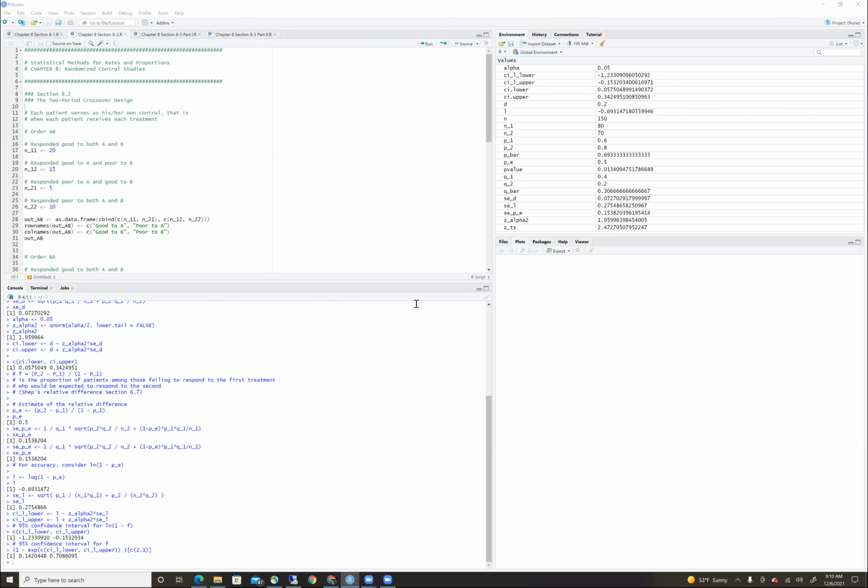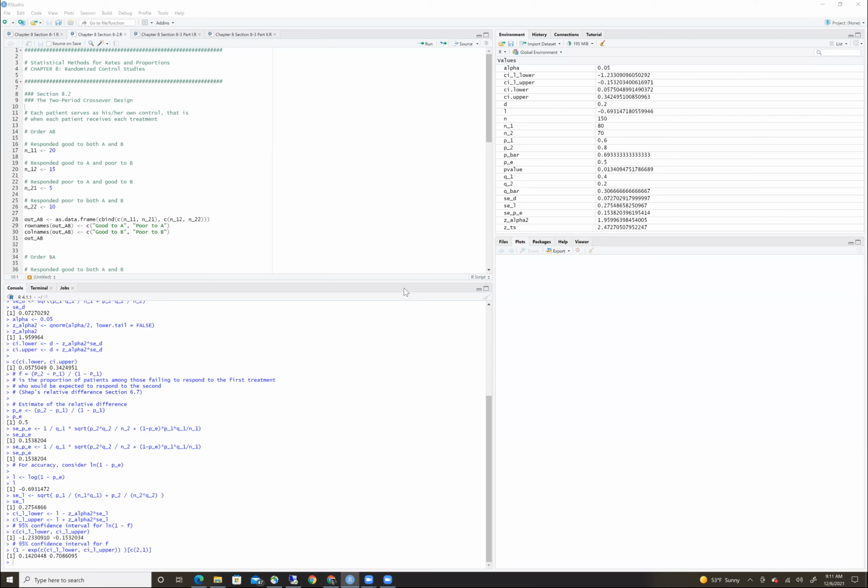Hello, everyone. We're working through Statistical Methods for Rates and Proportions, Chapter 8, Randomized Control Studies, Section 8.2, the two-period crossover design. The crossover design happens when each patient serves as his or her own control. And we do this when we don't have a natural control group, or sometimes it's just not possible to have